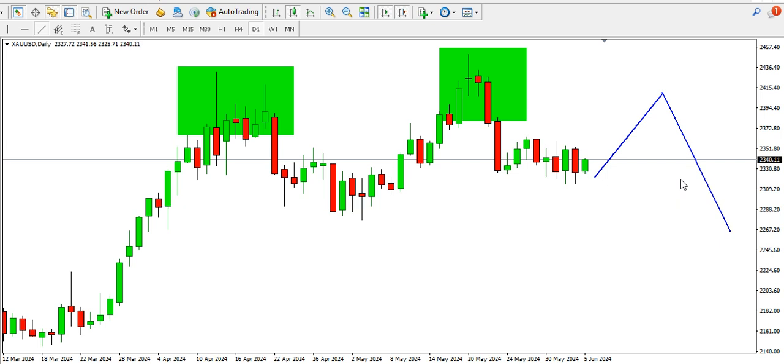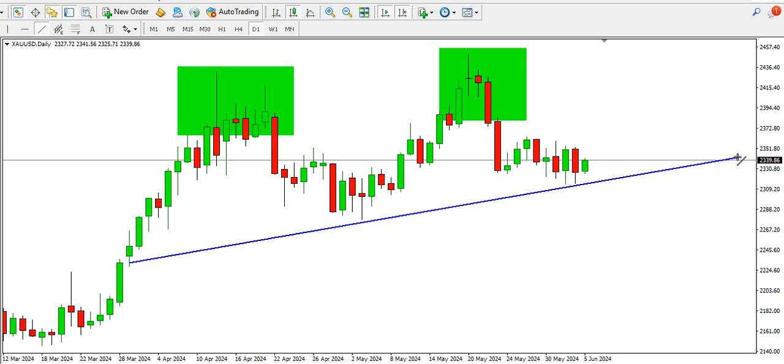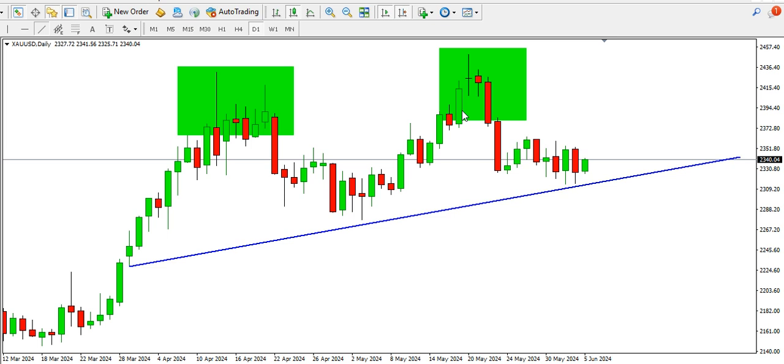Another possibility is this could be our neckline. All right, where price at this particular point goes up and breaks the neckline. Okay, so if this is our neckline, we might see a break at this point and the price might start